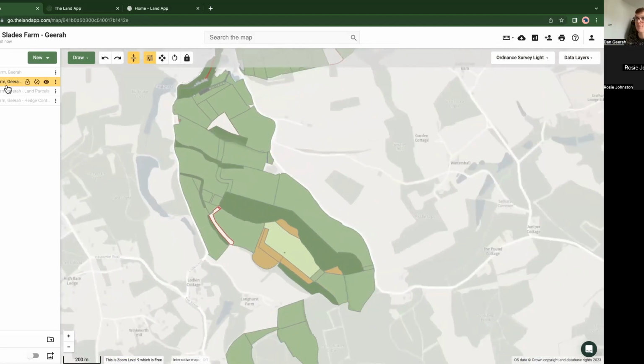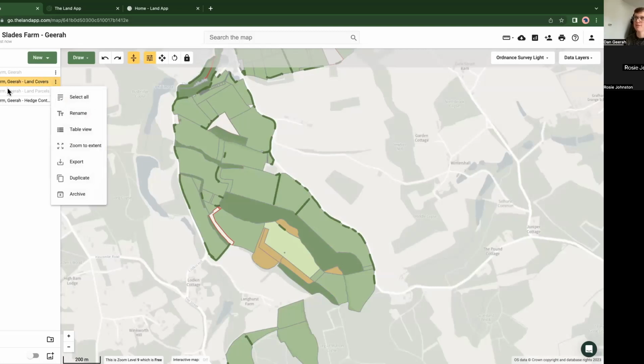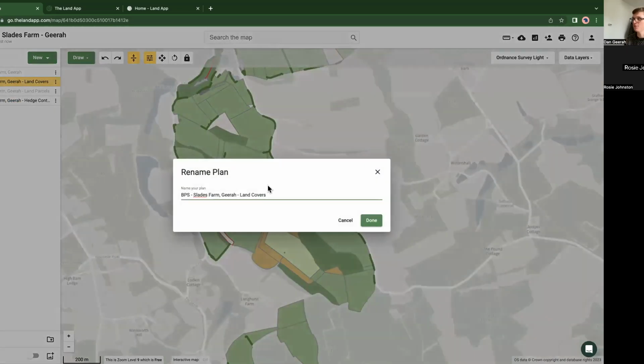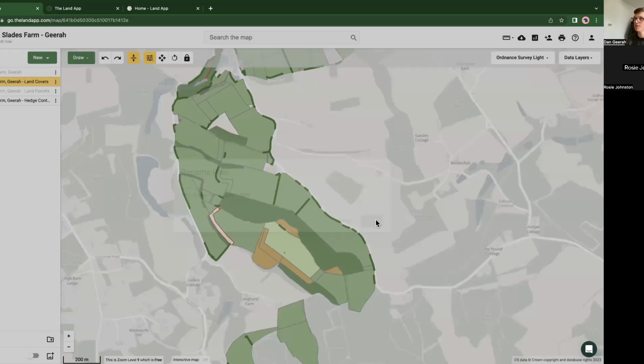So what I've now got is a basic payment, but I've got three different basic payment layers at the moment. I've got one with land parcels, one with land covers, and one with hedge data. Probably for best practice, we only really want one. We want one basic payment project that includes the hedges and the polygons, the land use covers. I just want to quickly show you how you can merge all of your data into a single basic payment. First thing I'm going to do is rename this project and remove the words land covers and just call this 2023, for example. So this is my